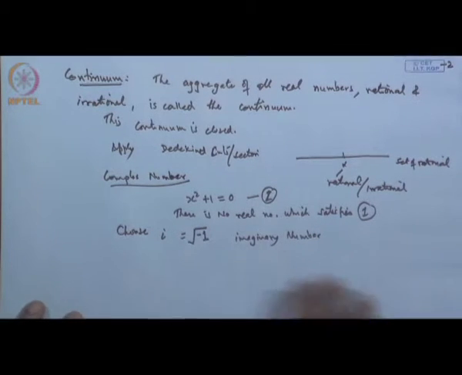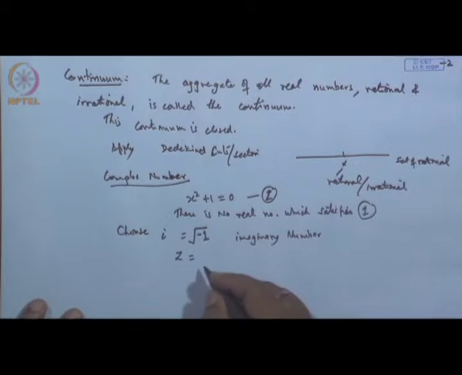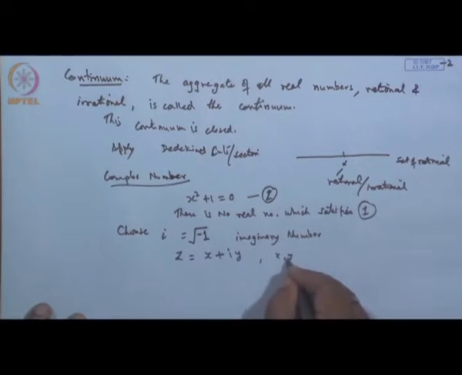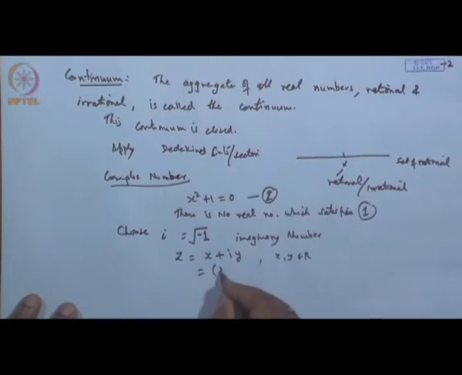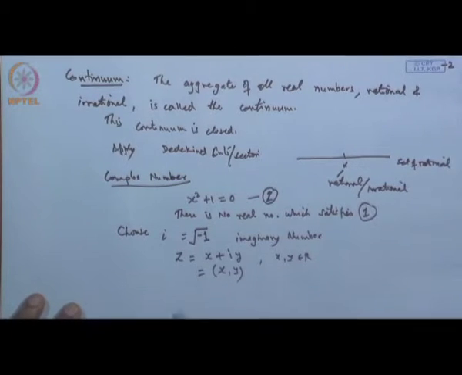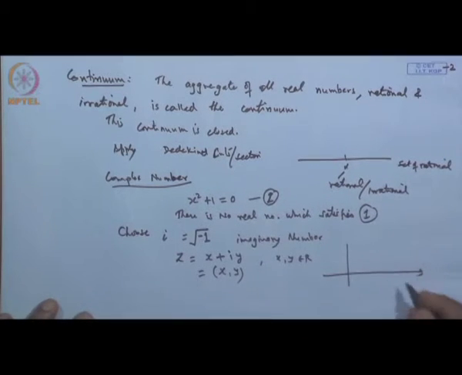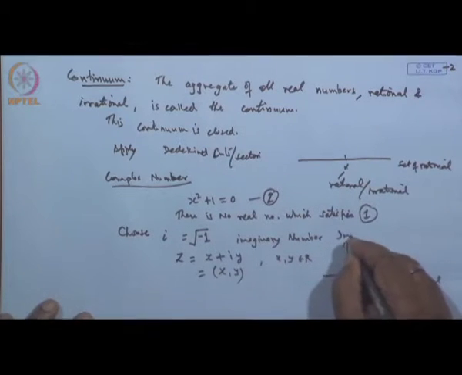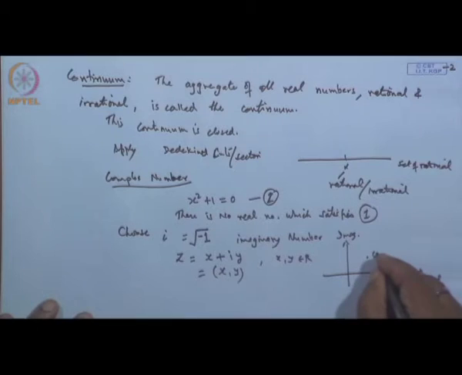Once it is an imaginary number, we develop the set of points of the form x plus i y, where x and y are both real. Basically this will be represented in the form of the ordered pair (x, y), where x takes the position on the real axis, the x axis, and the other we call the imaginary axis. So, the position of the point (x, y) is the same as x plus i y in the complex plane C.